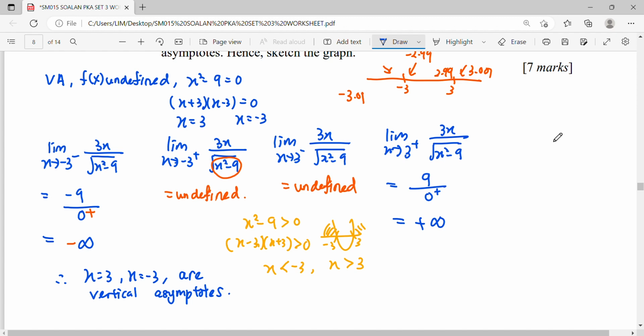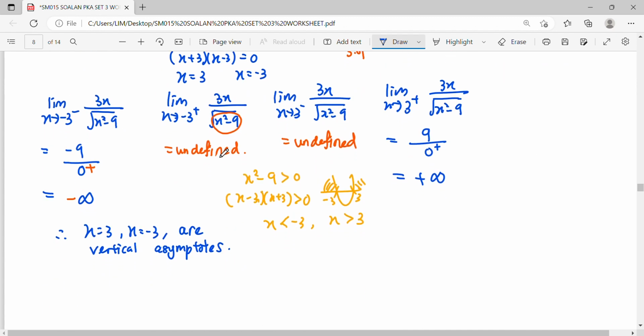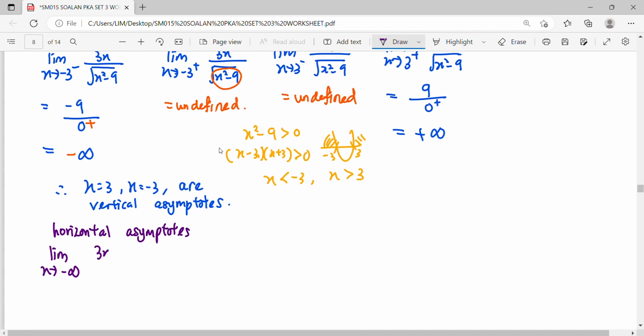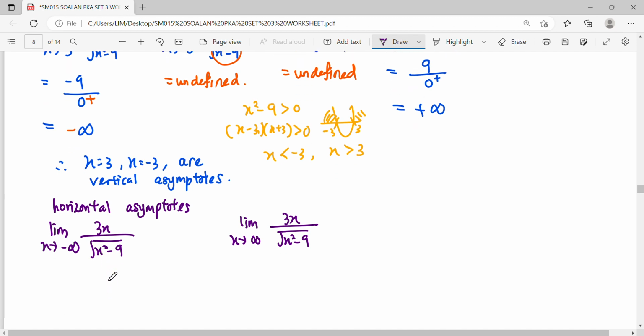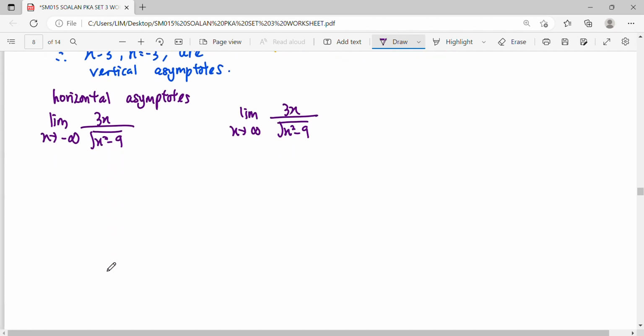Then we go to figure out horizontal asymptote. So for horizontal asymptote, the way to calculate is limit x approaches negative infinity for the function, and another limit x approaches positive infinity for the function. You can notice that when we substitute infinity, we get infinity over infinity, indeterminate form. To solve this indeterminate form,